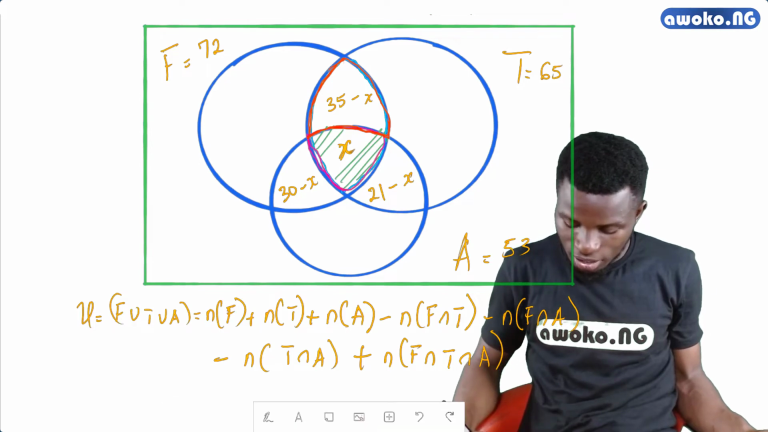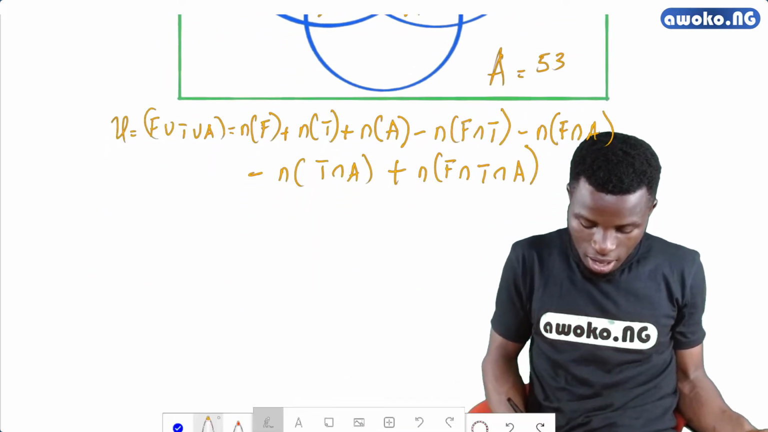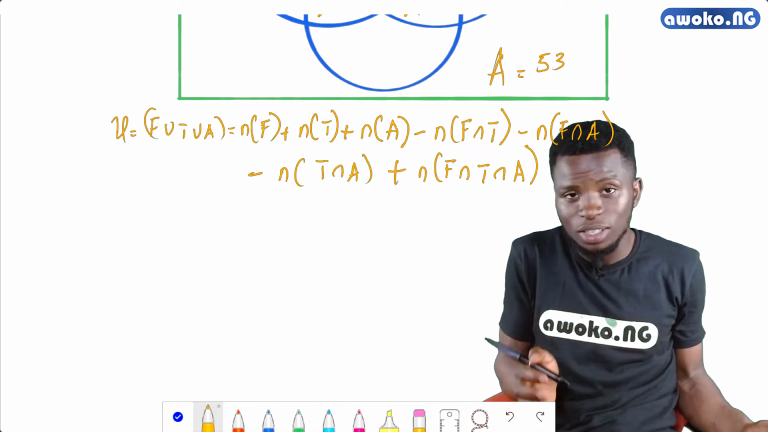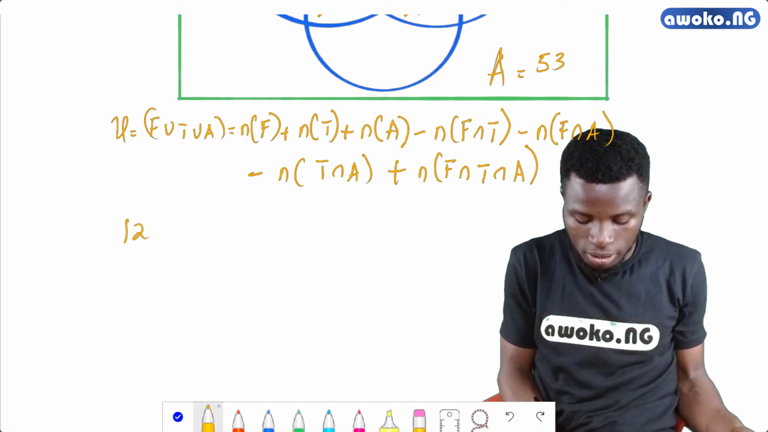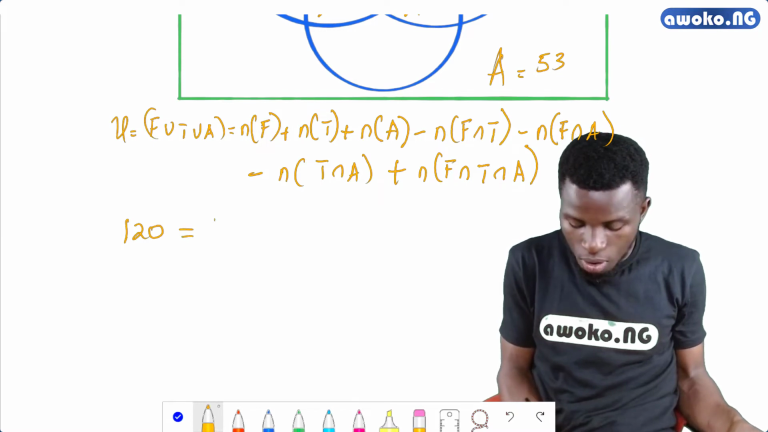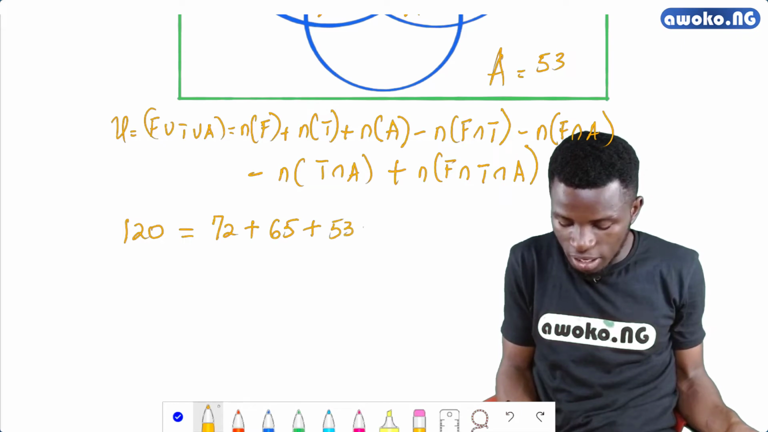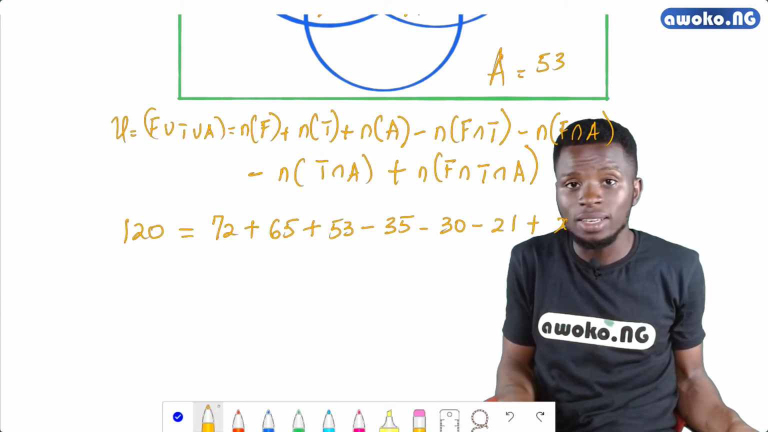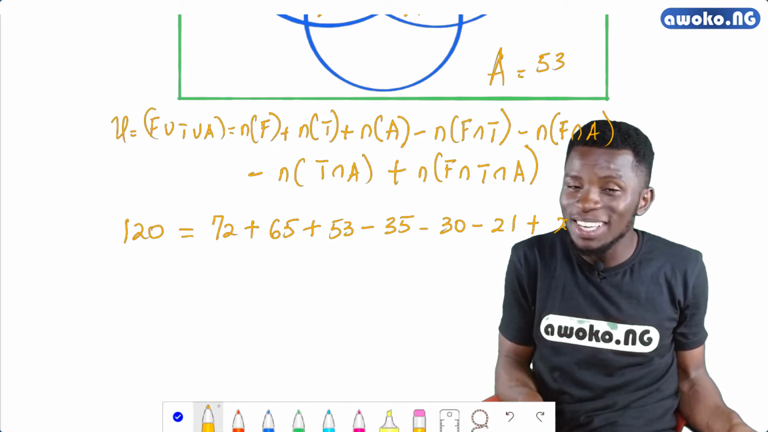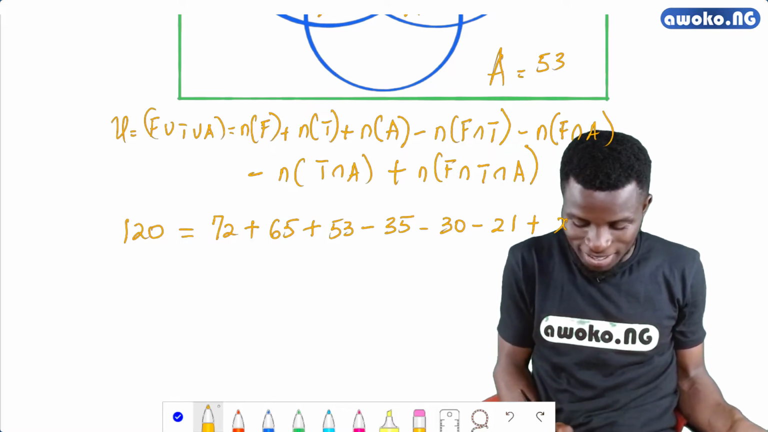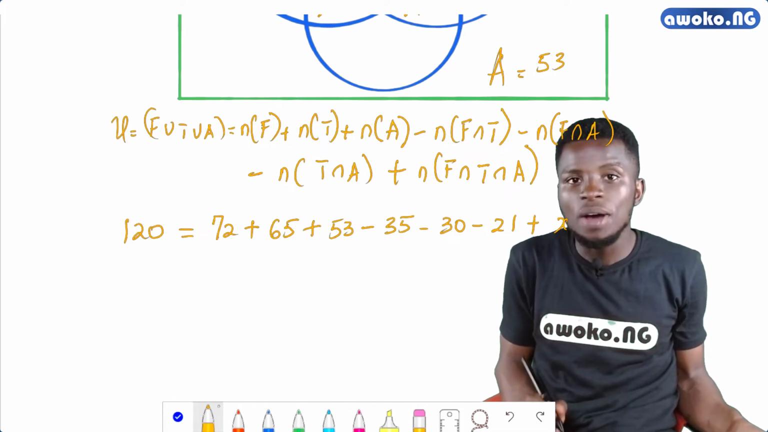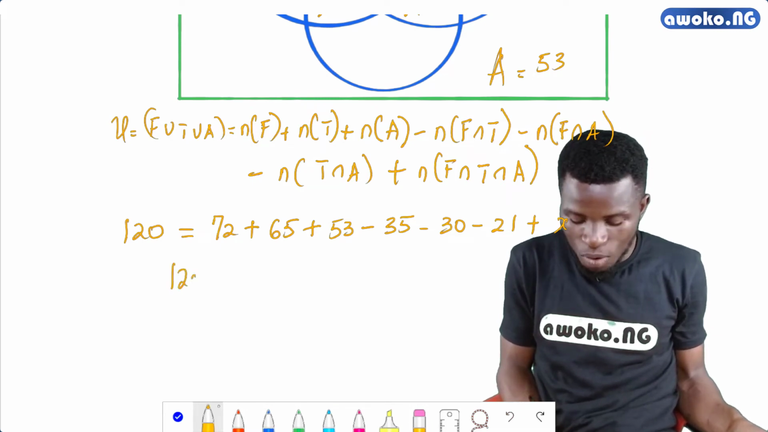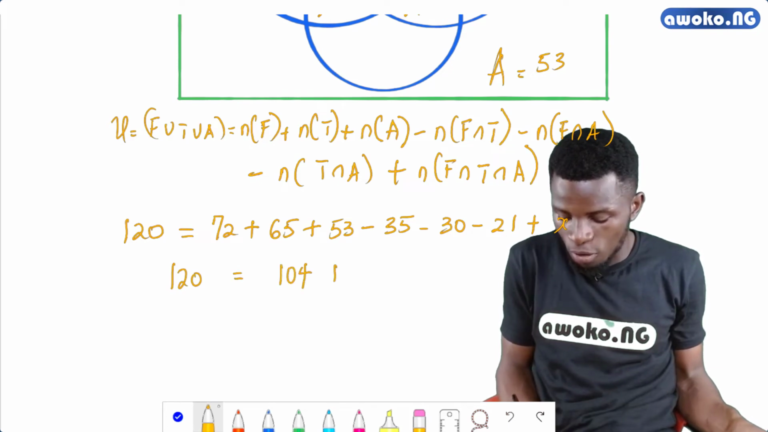And how do we do that? We have that the universal set is 120. So we have 120 equal to 72 plus 65 plus 53 minus 35 minus 30 minus 21 plus X, where X is the intersection between the three sets. Alright, so this gives me, if you add everything together, 120 equals 104 plus